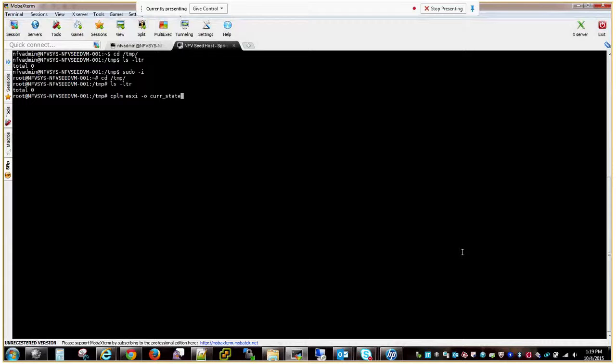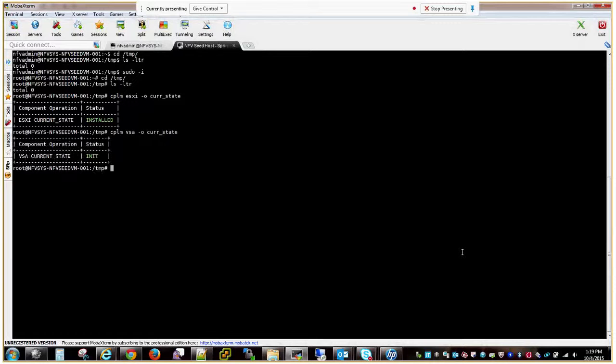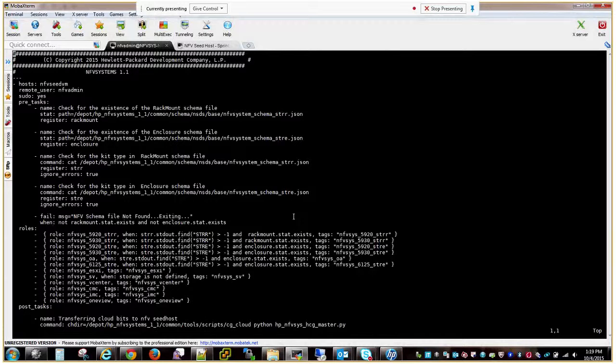CPLM ESXi -o current state. If I do that, it should say installed. So this is basically the CPLM. I wanted to show you the track files, but the track files are gone. The track files basically are named such that